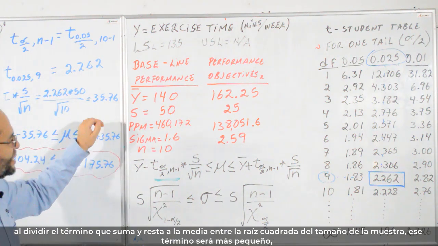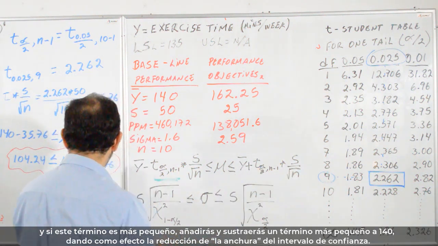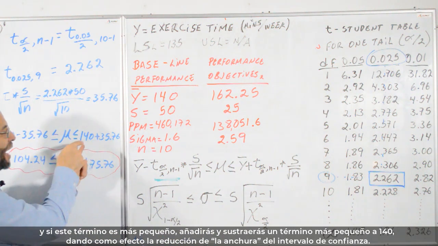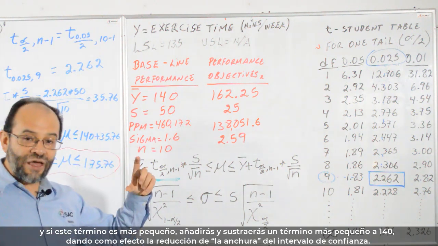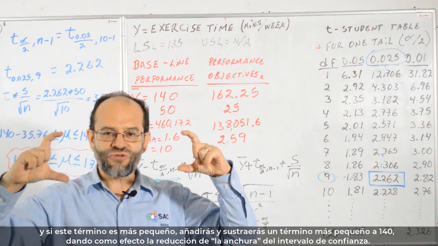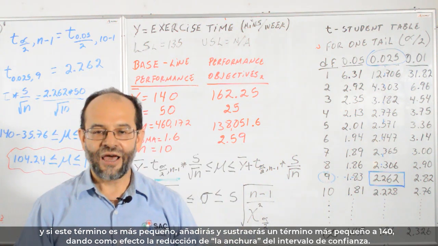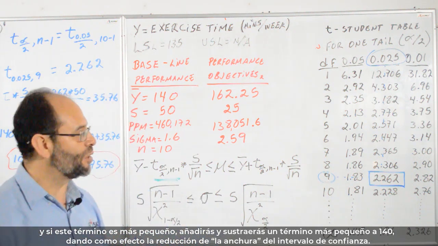So this term is going to be smaller, and if this term is smaller, you are going to add a smaller value to 140. That has the effect of making the confidence interval width more narrow, so it's decreasing the width of the